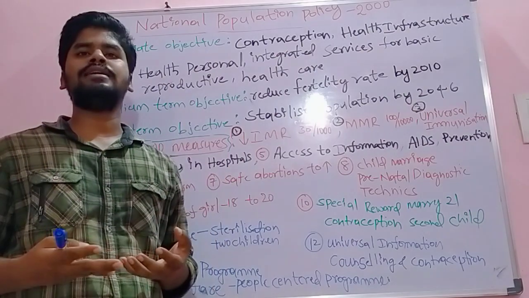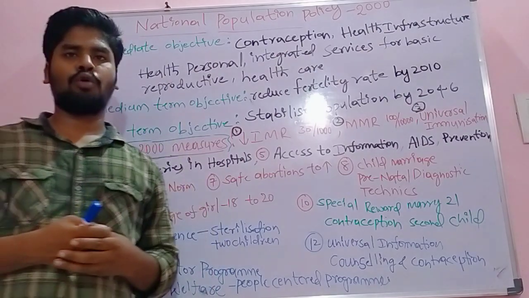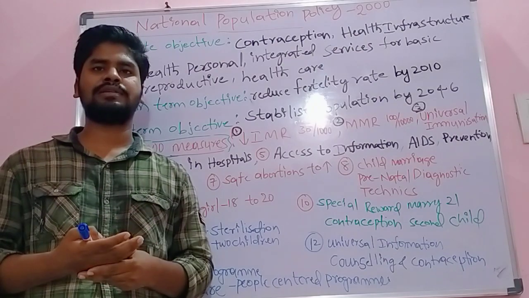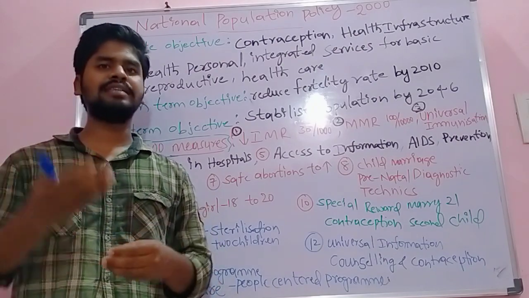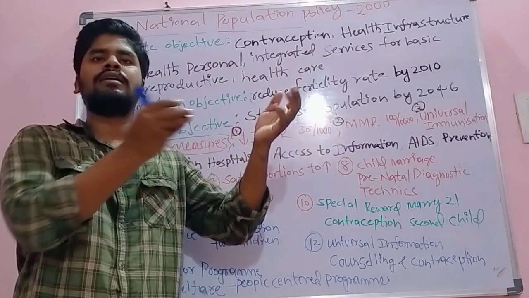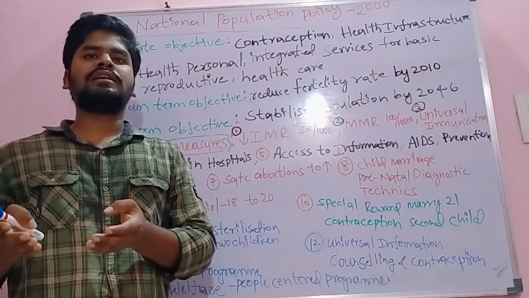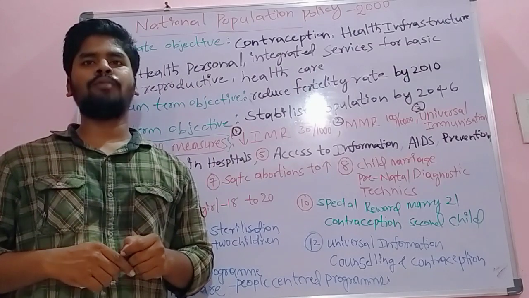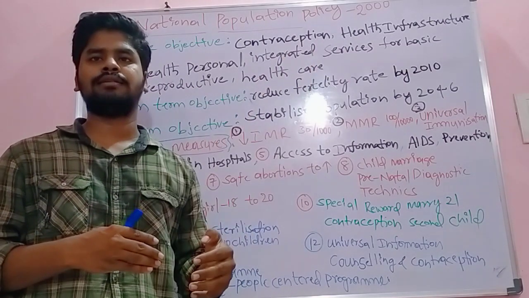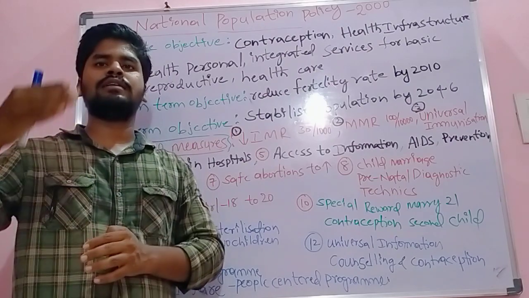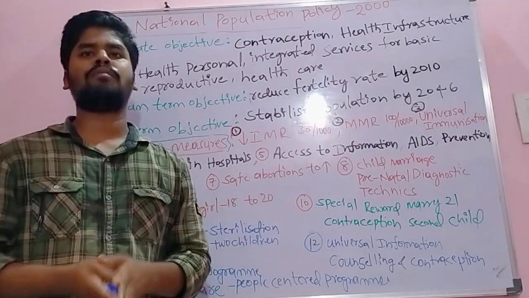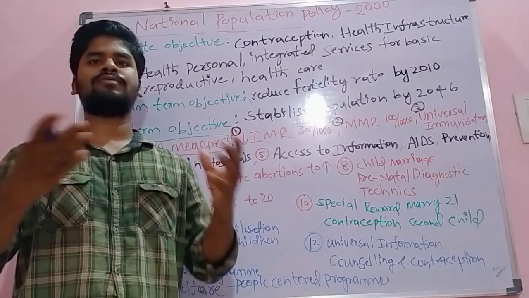So there will be many economic and social problems. There will be many social evils. There will be no job opportunities. There will be scarcity of food. The food supply increases at an arithmetic level, while the population increases at a geometric level. Arithmetic level means 1, 2, 3, 4, 5 like that, while the population will increase 10 crore, 30 crore, 40 crore. So the population will increase very fast. The growth rate of population is very fast.